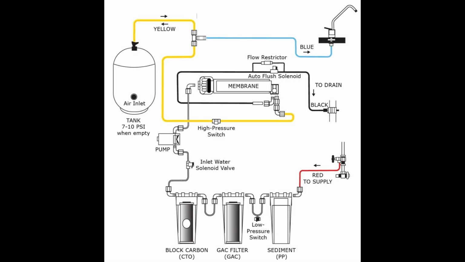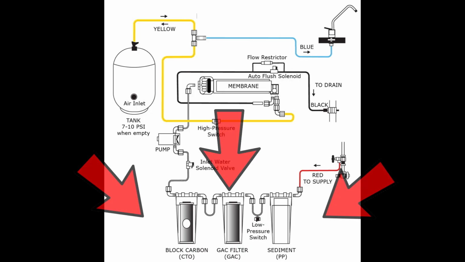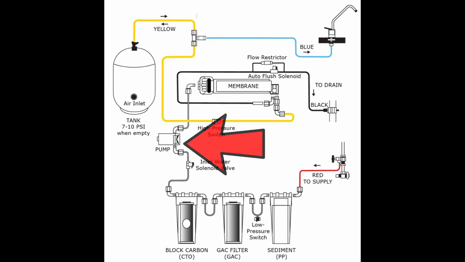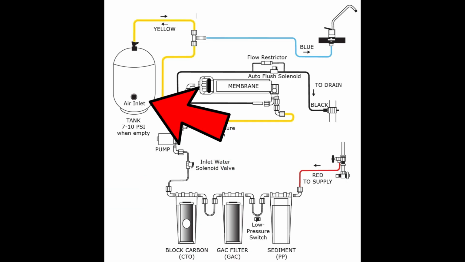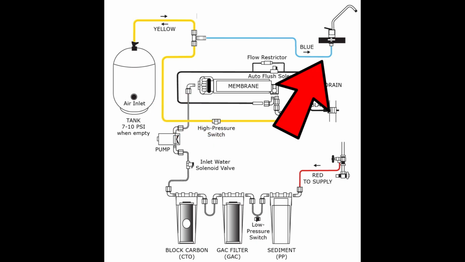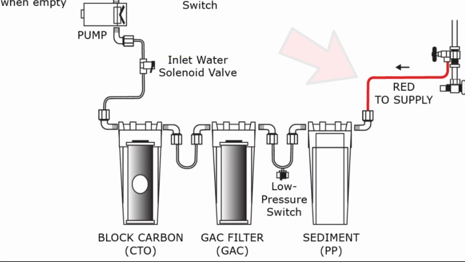A typical reverse osmosis water system consists of 3 filters for removing particulates and other contaminants, a booster pump, a reverse osmosis membrane, a pressure tank, and an outlet faucet. Tap water, in this particular case, goes through a sediment filter. The sediment filter is a 5 micron filter, which will remove most of any kind of solids